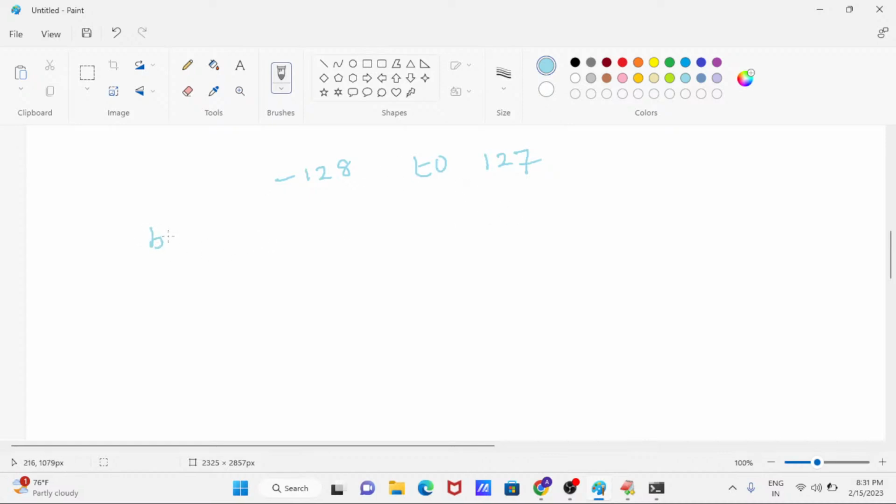If you are creating a byte type container, byte b equals to, you can store values up to 127 only. You can't store 128. Understood, right? Suppose you forcefully try to store 128, it can't store it, because the limit is 127. The control comes back again. So if you store 128, it will store minus 128. If you store 129, it will store minus 127. If you store 130, it will store minus 126. So the control is again back. Understood, right?